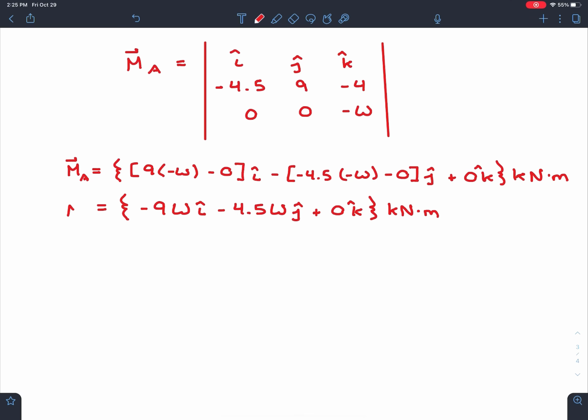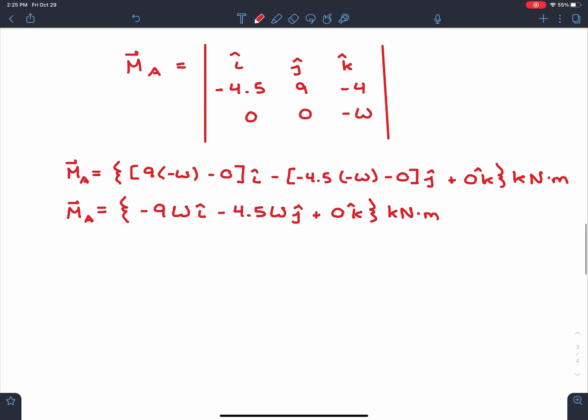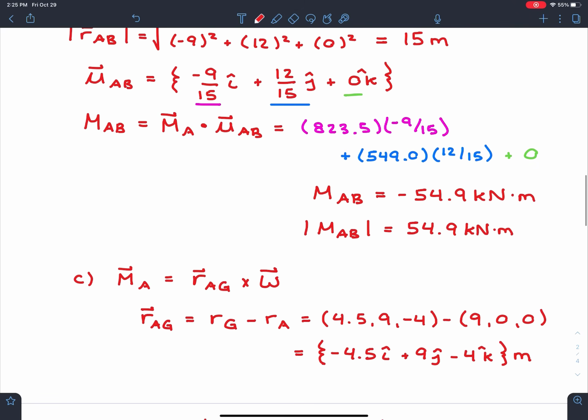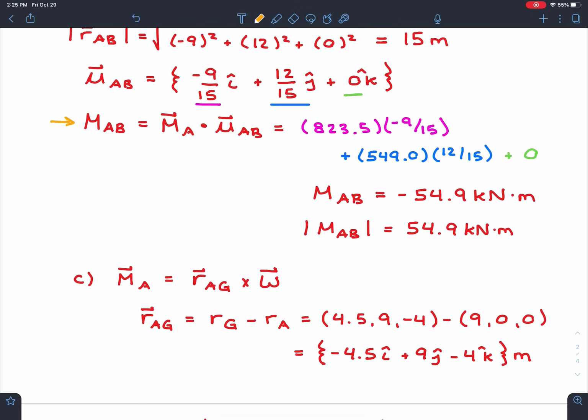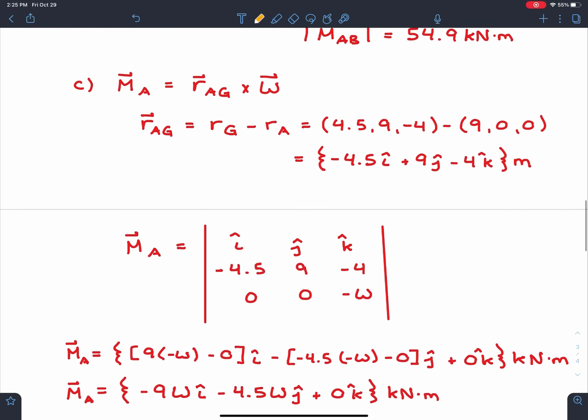Now that we have it about A, and I want to find it along the line, we are going to do the same process that we did before. So I'll just switch over to orange. We're going to do this. Our moment about a line is going to be our moment about that point dotted with the unit vector of the line. What's nice for us is we've already solved for the unit vector of the line. Again, looking at orange, it's going to be this one up here. So we have it. All we need to do is just do our